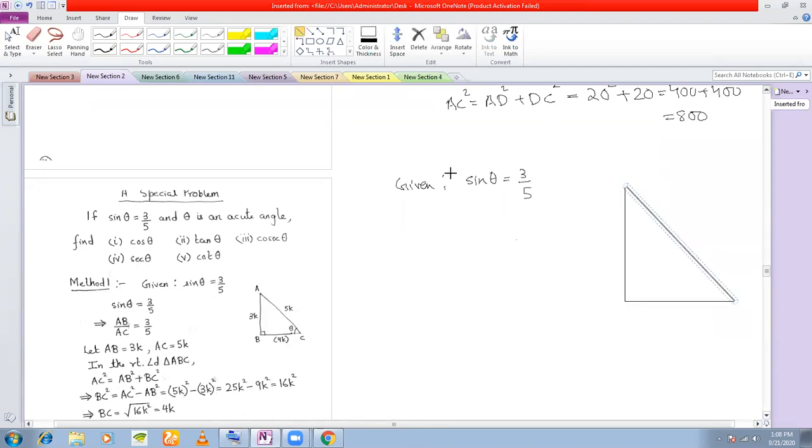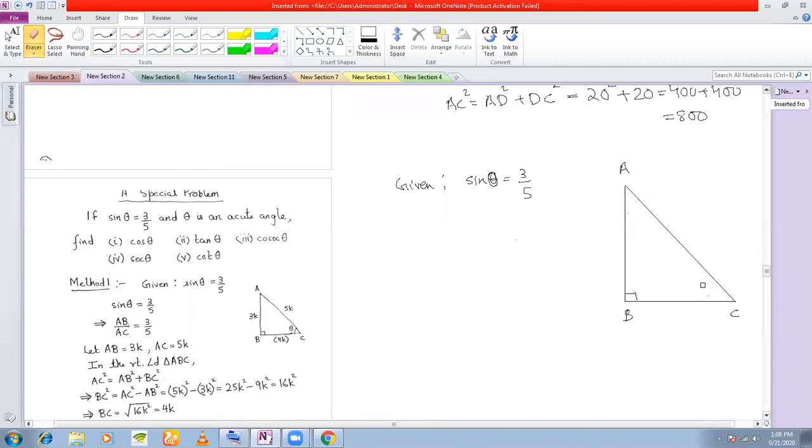You construct a right angle triangle and call it, say, ABC, with the right angle at B. And theta is the angle here, sine theta. So the question is, which angle should you take as theta? You can either take this angle to be theta, or you can take this angle to be theta also. That depends on you. Any angle that you wish, apart from the right angle, any of these two angles you can take as theta.